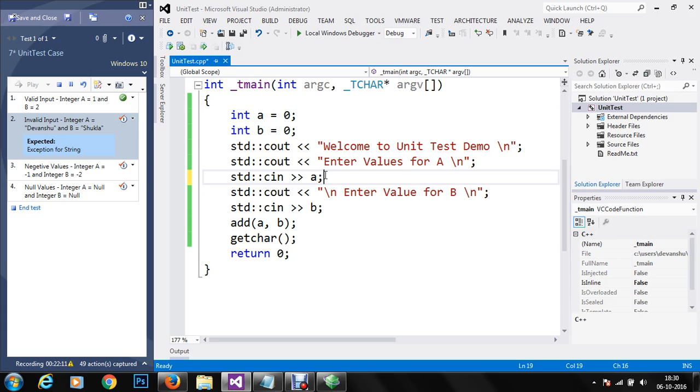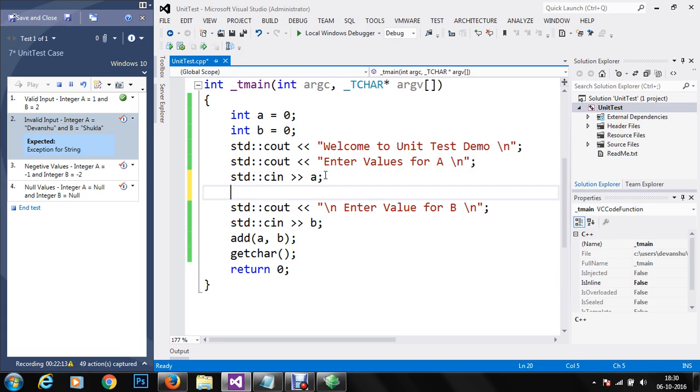In order to do that, we can simply check the contents of the console input, and if it is not valid, then the compiler is going to set a fail bit. If the console input has failed, then we are going to clear the console input and display a prompt message to the user.